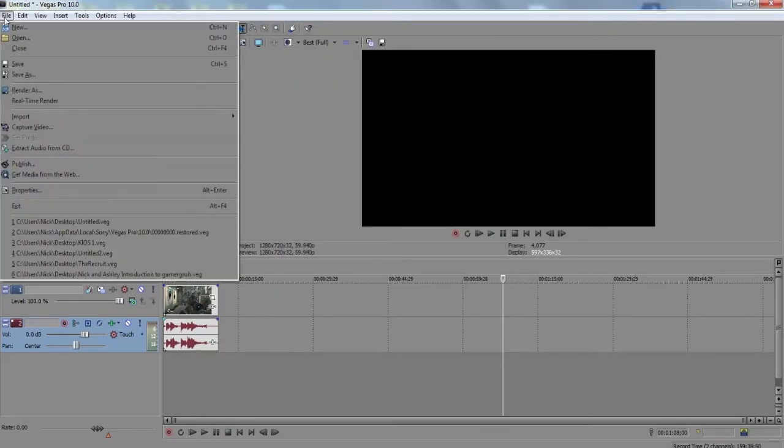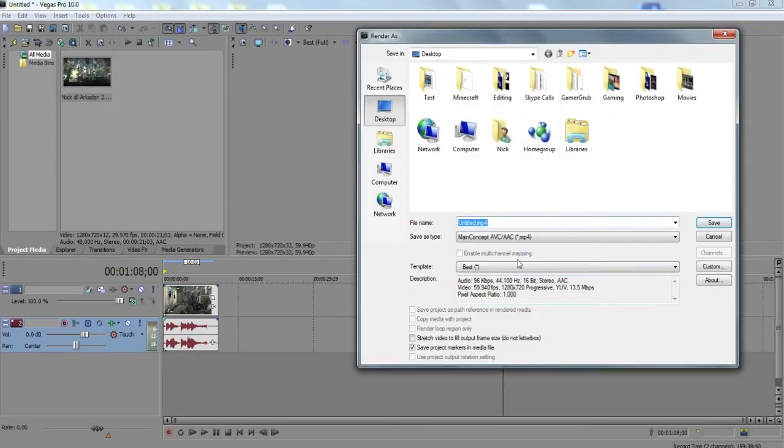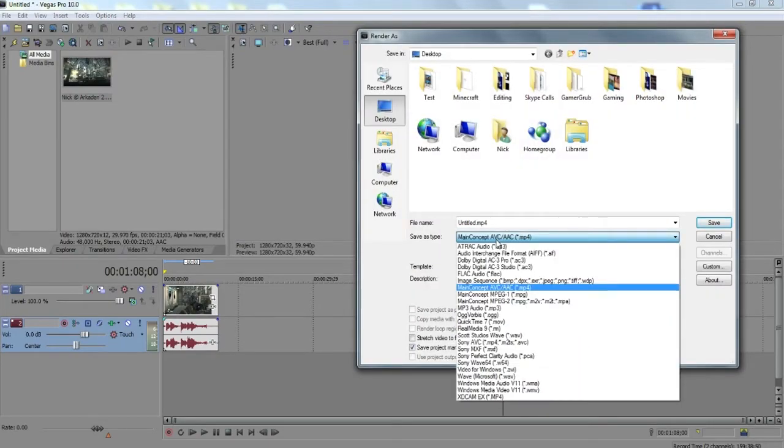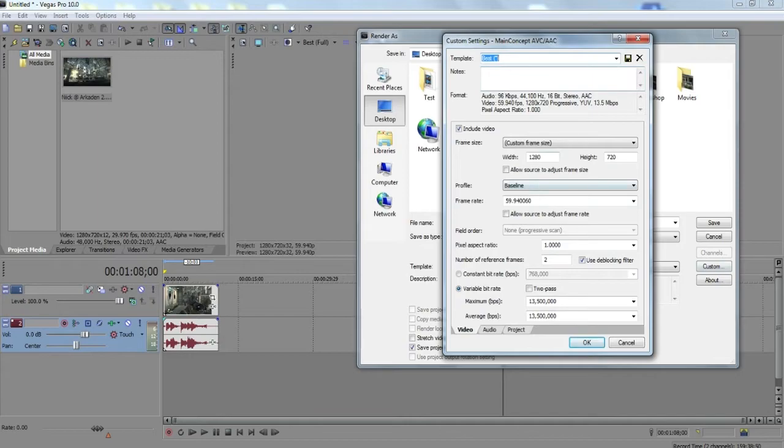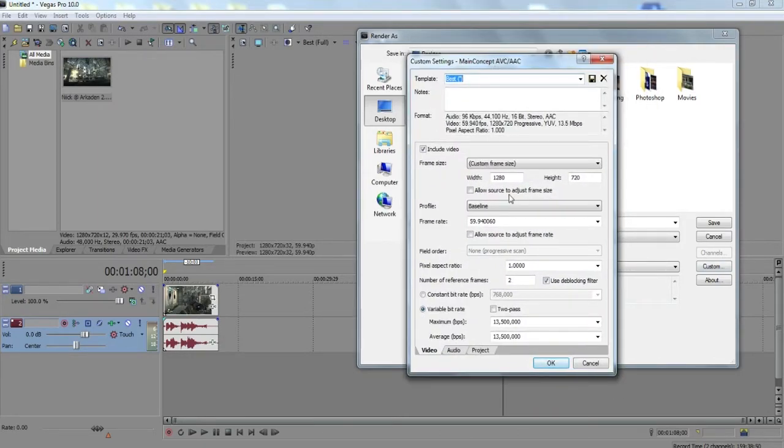Okay, and then you're going to go File, Render As, and I have mine saved as best, but you want to go to the main concept AVC/AAC MP4. Click on that, click Custom, and see if we can make this any bigger. Nope. Basically, you just want to copy these down again. 1280 custom frame size, 1280 by 720p. Baseline, 59.94, 064. I think that should be automatic since it's your project based, but if it's not, just have that copied down. 1.0